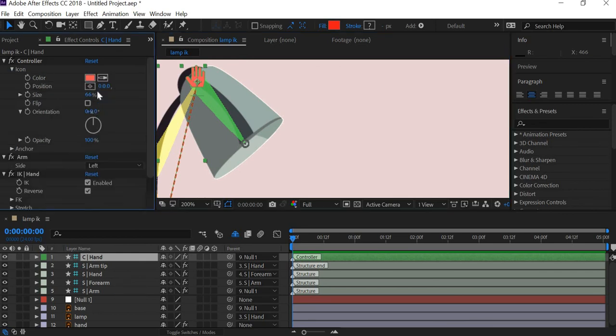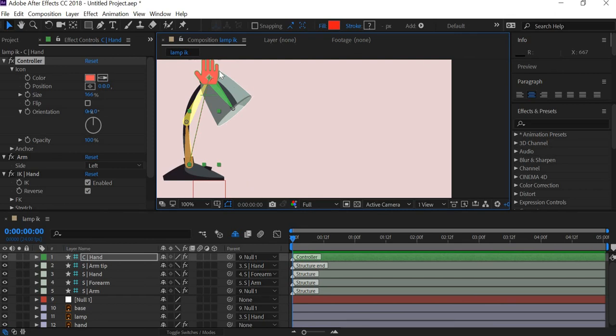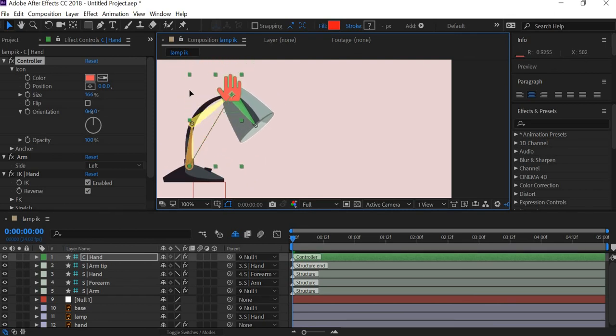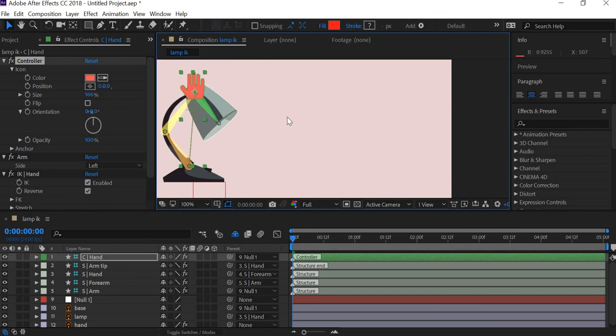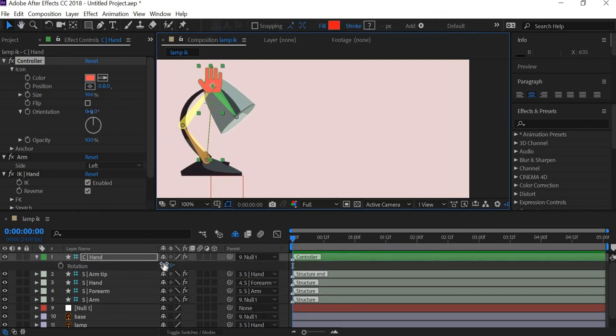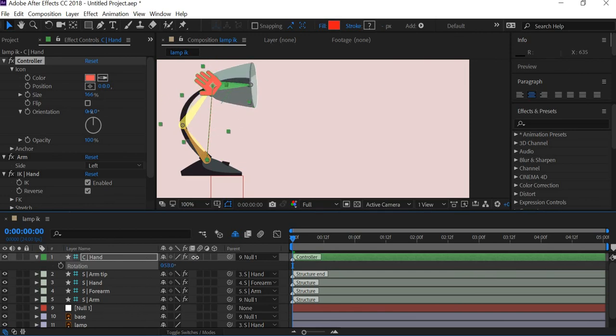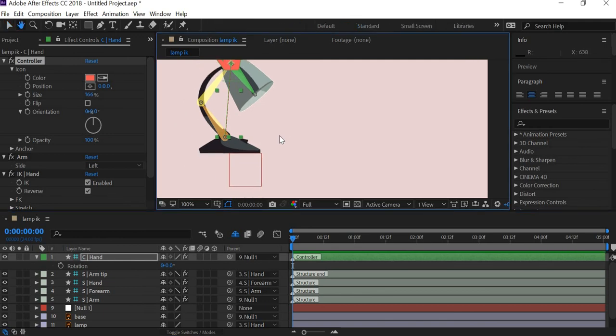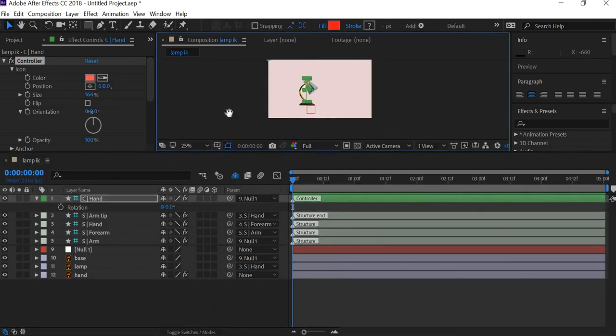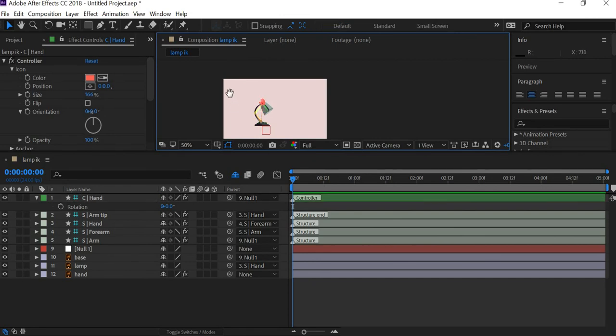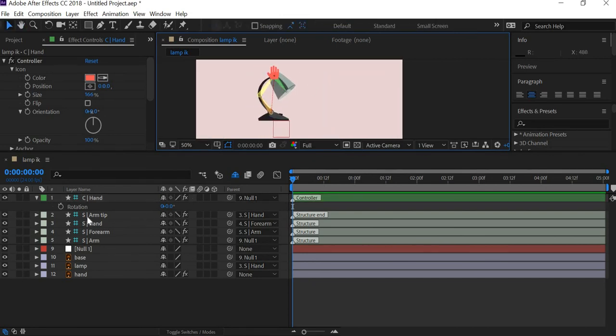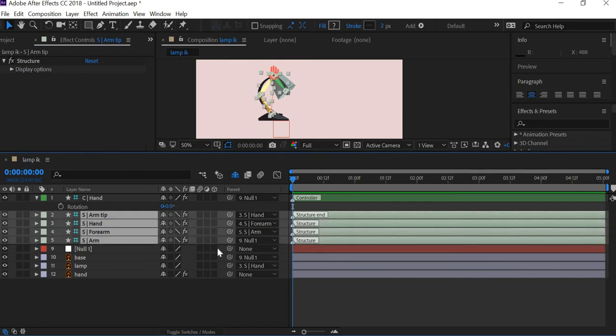I can make it big also if I want. So you can make the hand bigger, and this hand will be used to animate the lamp, and if I hit the rotate button, it will rotate the lamp head also. So that completes our rig. We will do some housekeeping work here. We don't need to see the structures, so we'll first hide them here,